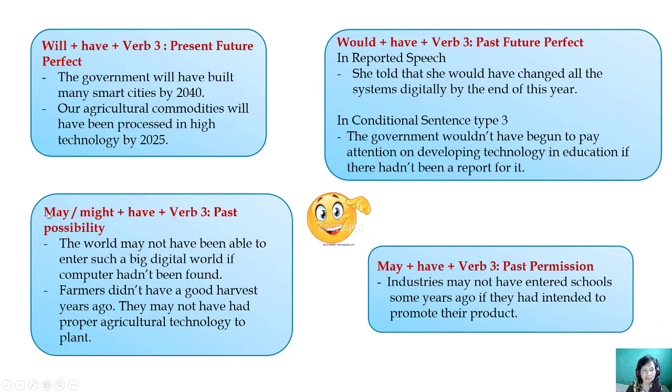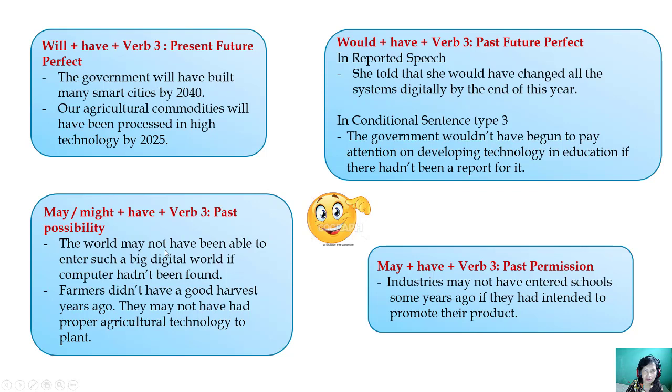Then we continue to may, might plus have verb 3 to show past possibility. The world may not have been able to enter such a big digital world if computer hadn't been found. Because it is in conditional sentence type 3, it is contrary to the fact. So the world may not have been